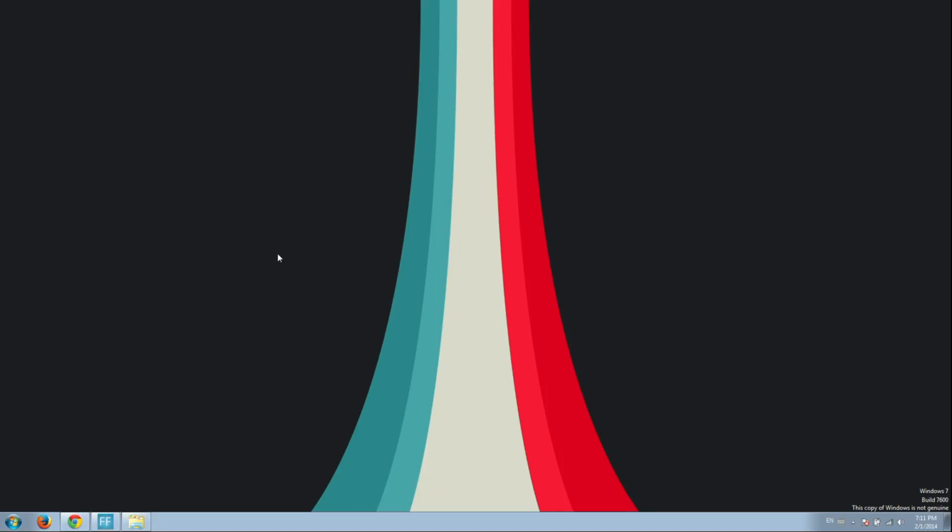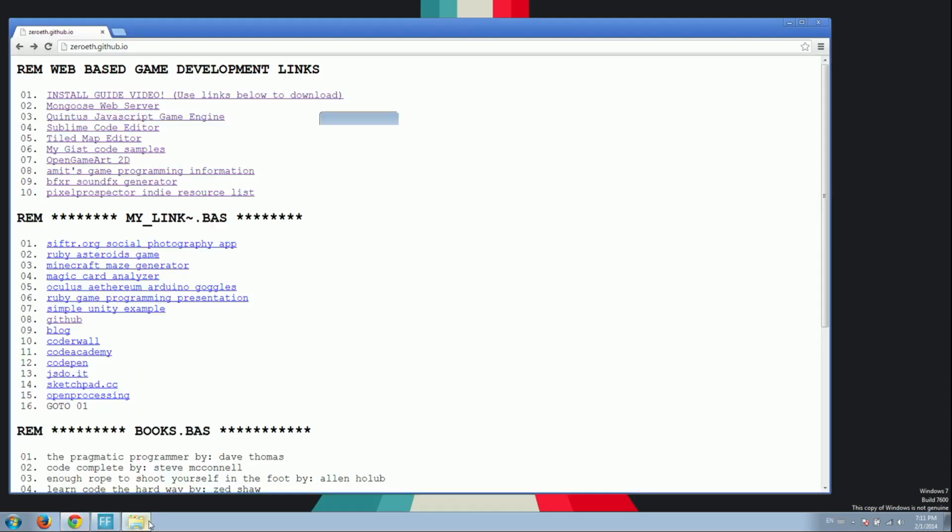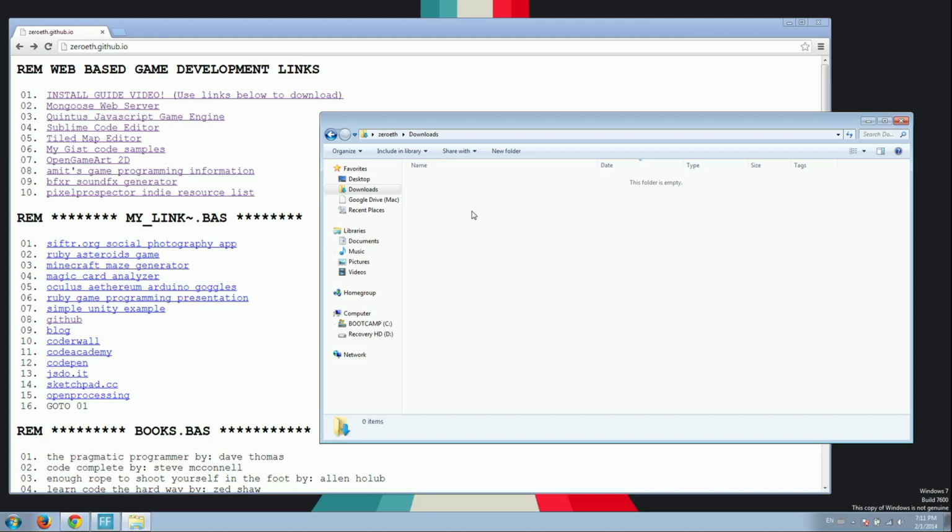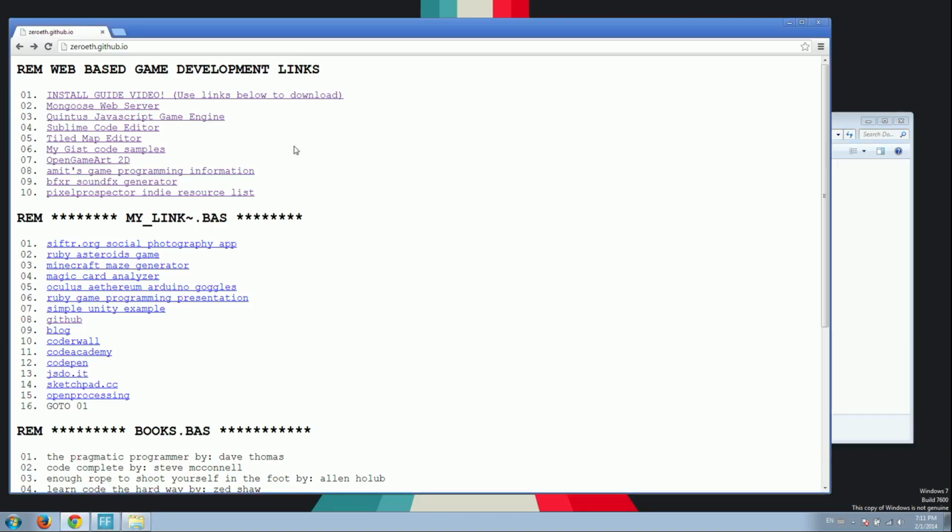Hello everyone. So this is going to be our guide to getting the Asteroids game that we were playing with, and also a little Mario clone up and running on your computers. So let's get started. I've got an empty downloads folder, and I'm going to go to my GitHub,